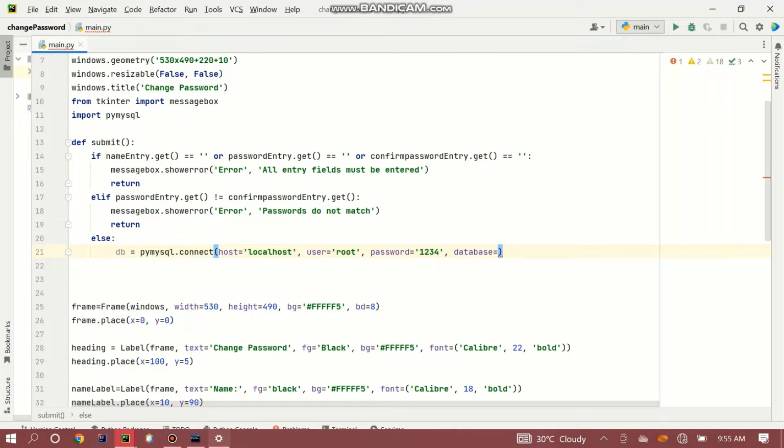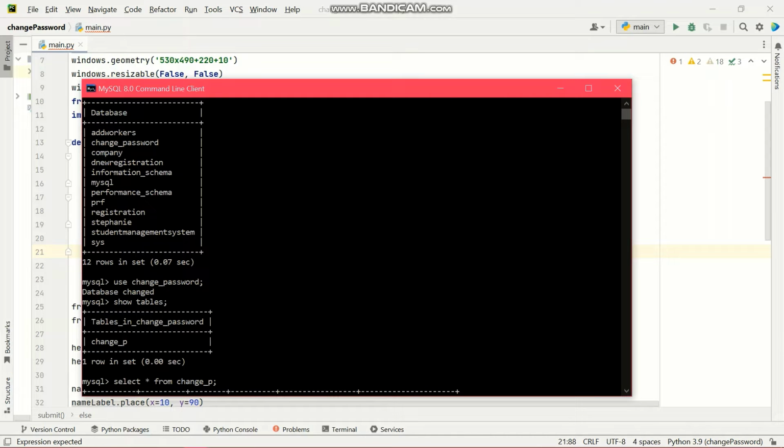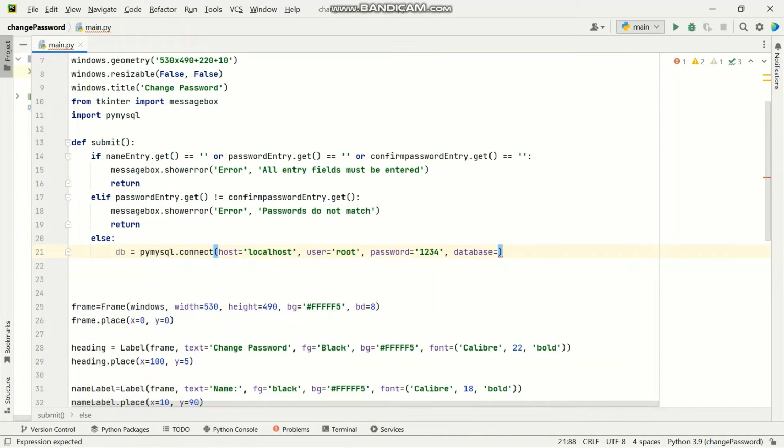Okay. So let's go back to the database that we are making use of. The name of our database here is change_password. So that's what we're going to use. Ensure that you input the correct name. Do not forget the underscore so that we do not have an error at the end. So let's put that down. This is going to be change underscore password. All right, so that is it for inputting our